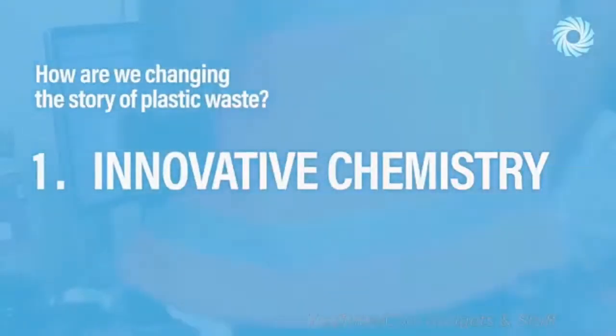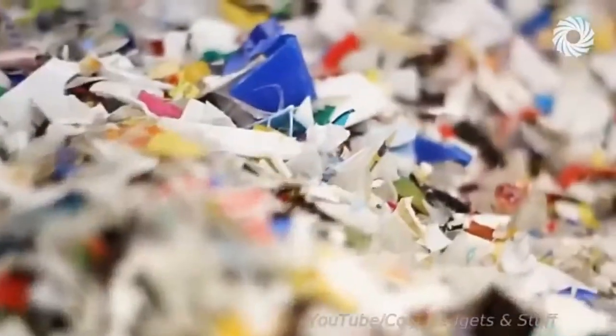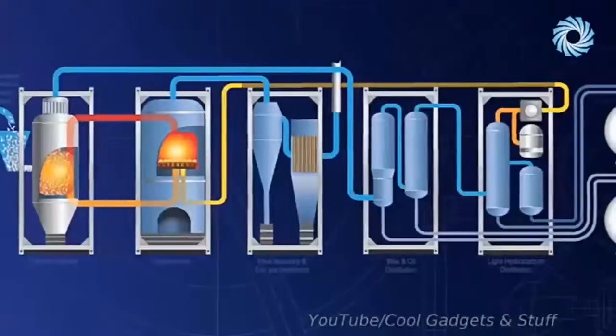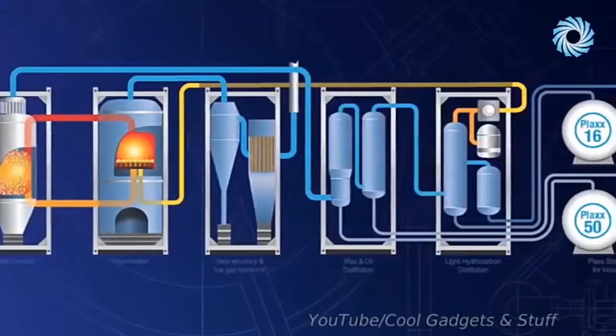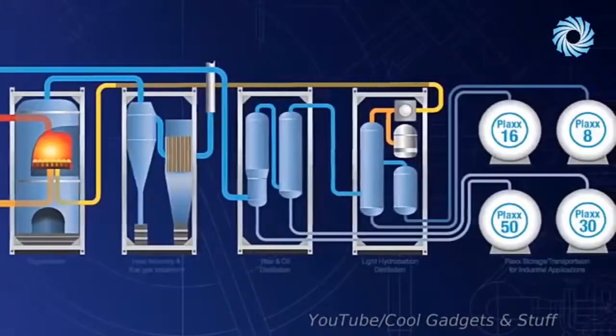We as consumers want to know that when we put something in the recycling bin, it's actually going to get recycled. The beauty about Recycling Technologies is very soon we'll all be able to recycle plastic at home with confidence. Using our patented process, the machine takes plastic waste and feeds it into a hot chamber in the absence of oxygen. The long polymer chains are cracked to create a range of Plax products, including wax and a raw material